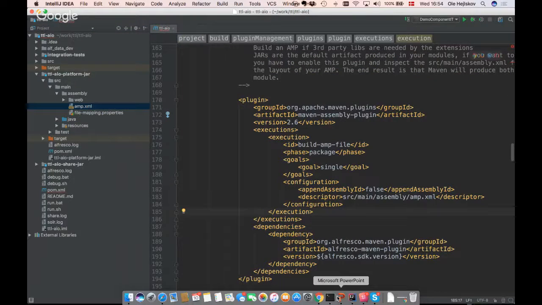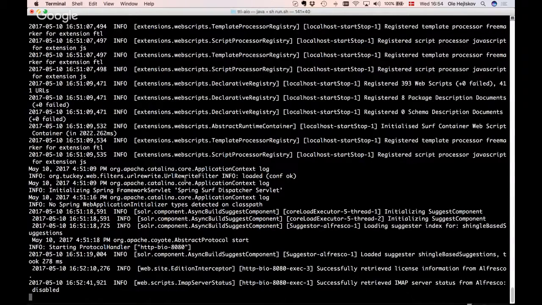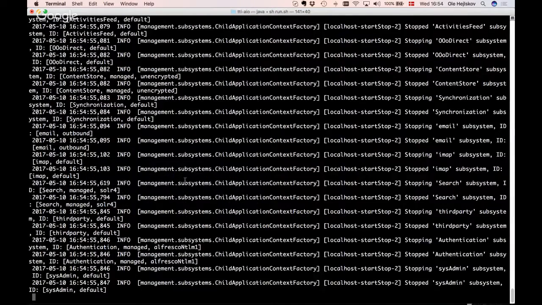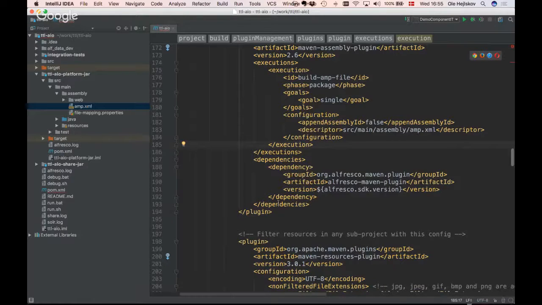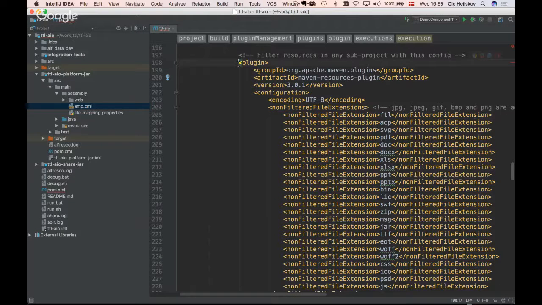Because there's so many questions around them, I just wanted to shut this one down and show that we can actually build an AMP file as well as the JAR file. While that's shutting down, as I talked about the Maven resources plugin,